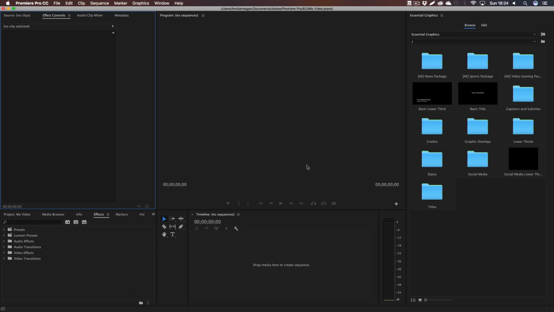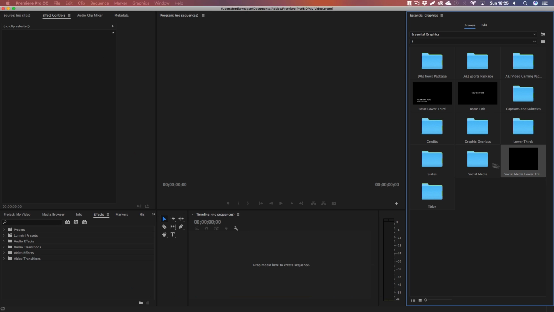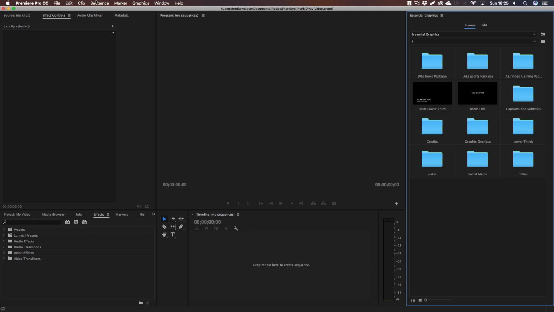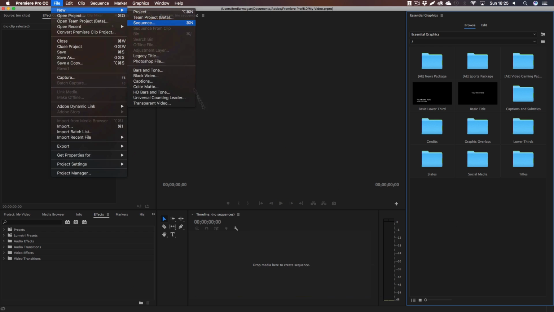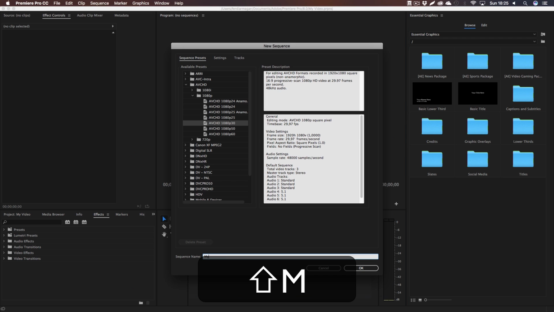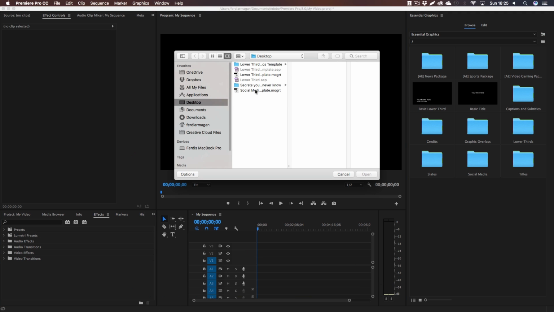You can actually see that I've got the essential graphics panel right here enabled already. If you don't have this, go to Window, Essential Graphics, and if you don't have this Essential Graphics window, make sure to actually upgrade your Premiere and After Effects. Let's create a new sequence, AVC HD 1080p 30 FPS, or we're going to make it 60 if we drag this in, and let's click on this little folder right there and import our mogrt,